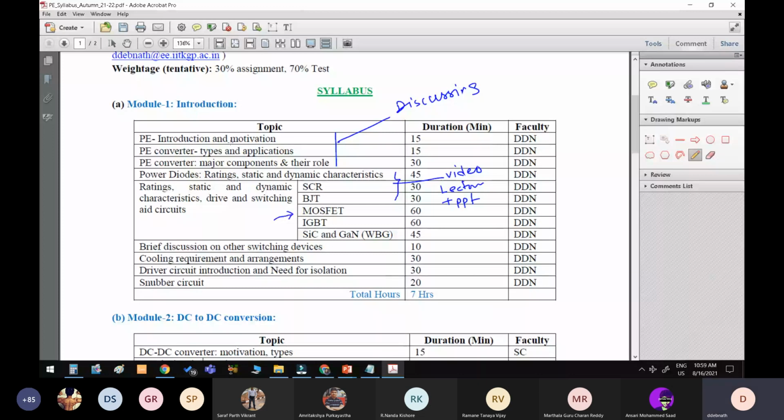Let me repeat, most of the things I'm telling you are not readily available in a single book or somewhere, but most of this will be available. And you can see the video already there on my YouTube, right? Plus the PPT is already there in MS Teams. So you just open the PPT, see the lecture, relate to each other, make your own notes, and we'll have a tutorial. Plus we'll have 2 tutorials so that you can solve some problems on these switchings. Is that very clear?